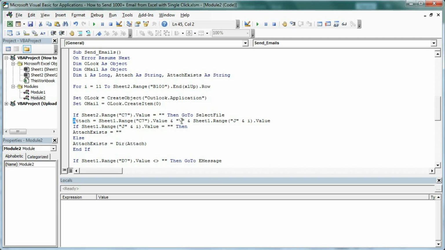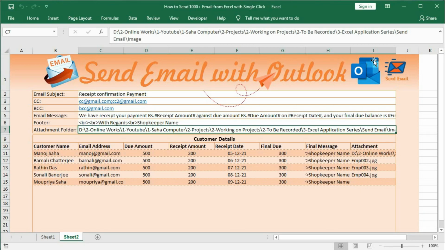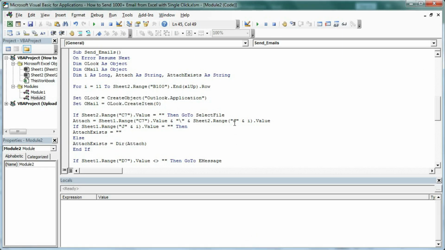So here this is the path of the folder taken from C7, then one backslash, then sheet 1, that is here sheet 2 dot range J, here it should be I, here also I for the loopings. So the value of this cell, so this became the total path of the attachment.